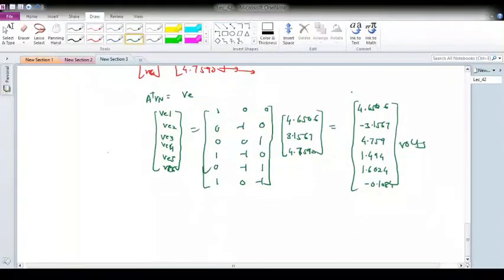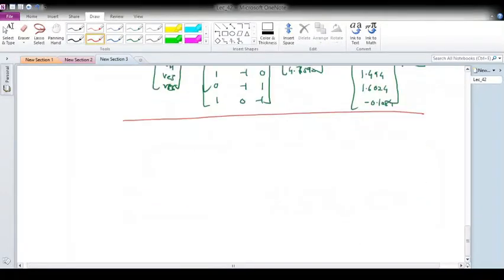So this way the first method, that is the nodal analysis method, you can do using the graph theory approach. Now the second method is mesh analysis. Okay, so let us see how to do it using mesh analysis. How to do the mesh analysis method using graph theory. Basically this method is named the tie-set matrix or tie-set method.